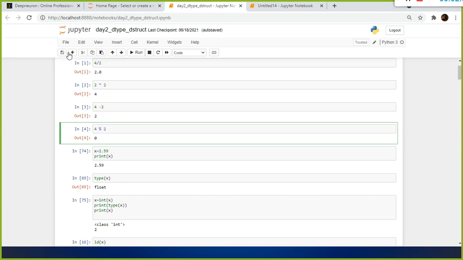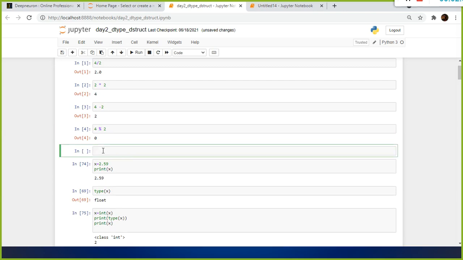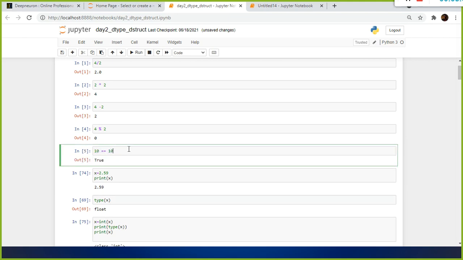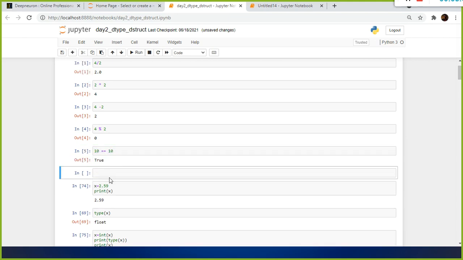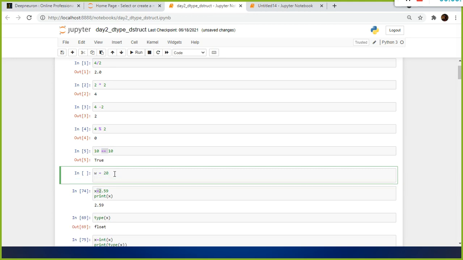This is the modulo. And the comparison operator. What is a comparison operator? Let's say 10 double equal sign 10, it returns true. So you need to use a double equal sign. If you use a single equal sign, that means the assignment operator. For example, let's say W equals 20.